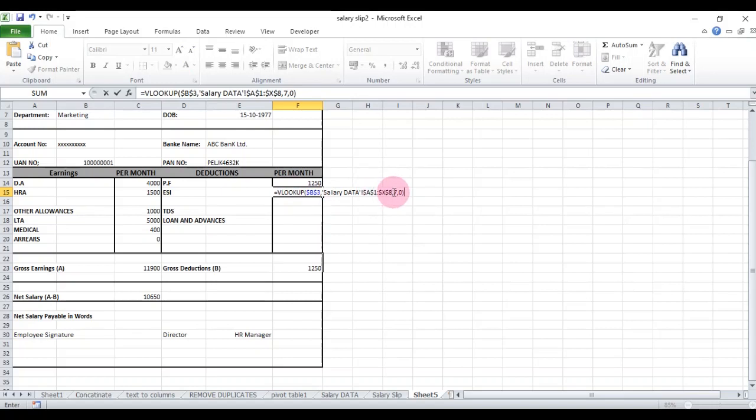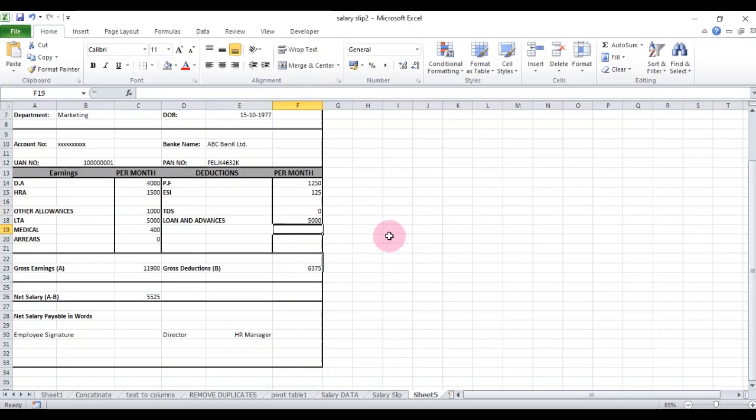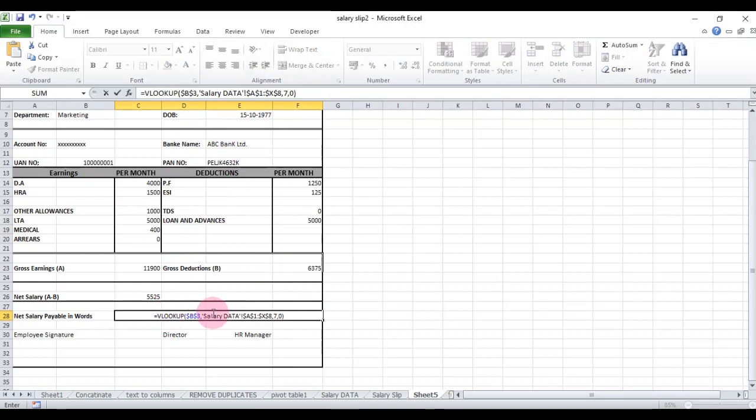ESI data is in column number 20 and data related to TDS is in column number 21 and loan advances detail in column number 22. You can merge this cell, paste the formula, and this is the data in 24.